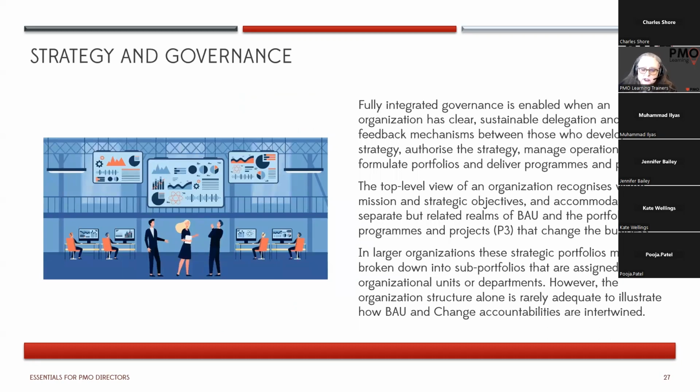One of the key challenges we have in a PMO is establishing the governance that allows projects and programs to be delivered correctly, but also the governance that allows us to do our role, but also gives our role teeth, so that when we produce a report, perhaps an assurance review, and say we've identified a number of elements within that particular project or program,